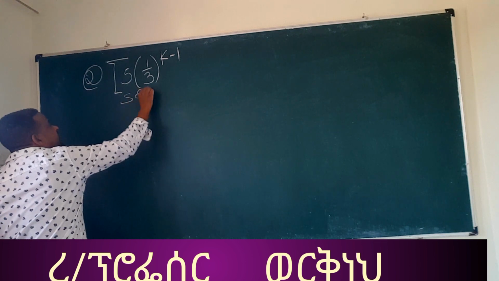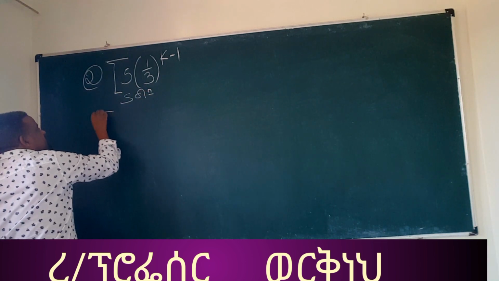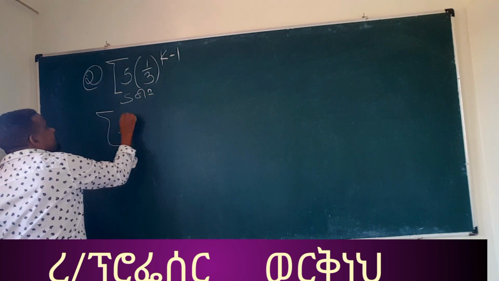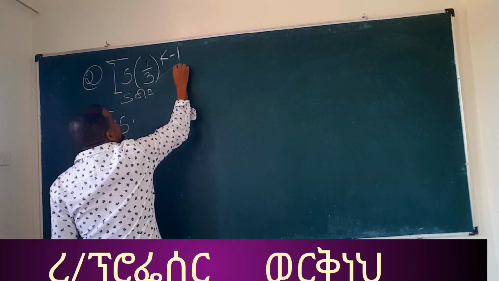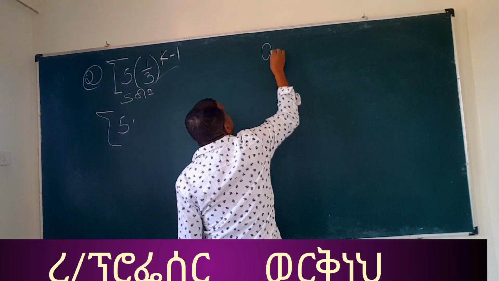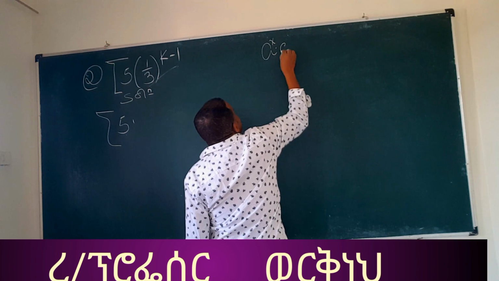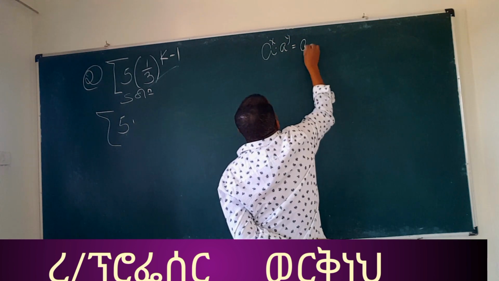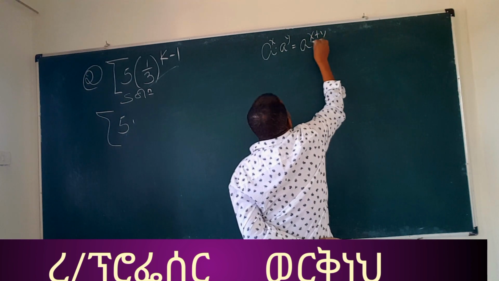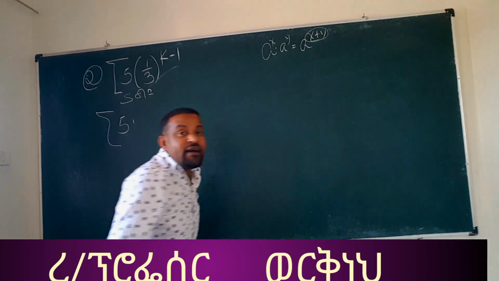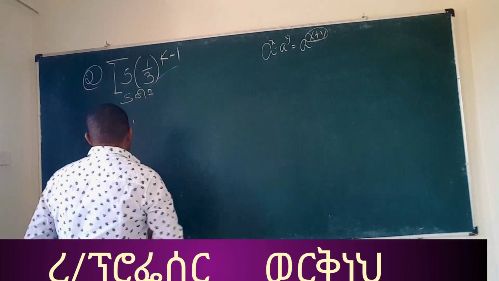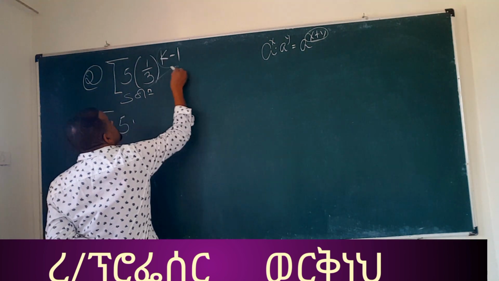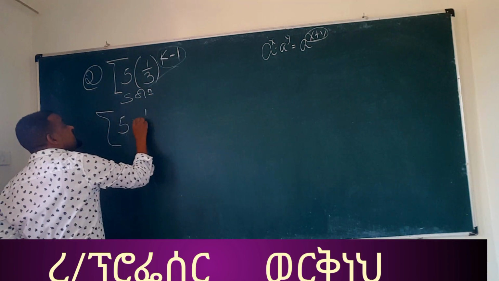The solution is here. Look. The summation of 5 times ይሄ ዘጠነኛ ክፍል ላይ ካስታወሳችሁ ማለት ከዘጠነኛ ክፍል ላይ a to the power of x times a to the power of y ማለት ምንድነው ተብለናል? ይሄ ማለት ቤዛቸው አንድ አይነት ከሆነ a to the power of x plus y. So x plus y ከሆነ ወዴት ይቀየራል? ወደ መልቲፕሊኬሽን ይቀየራል ማለት ነው። So አሁን ልባሉ k minus 1 እዚህ ጋር ያለው so 5 times 1 over 3